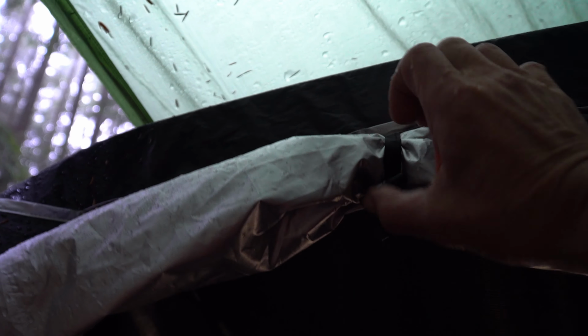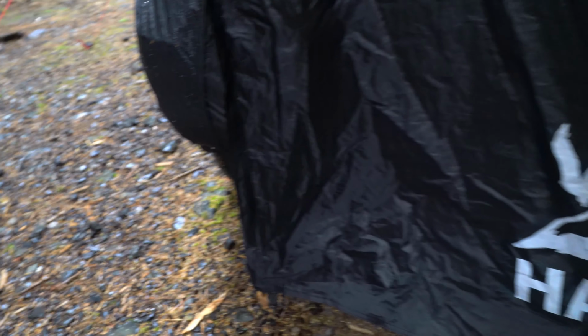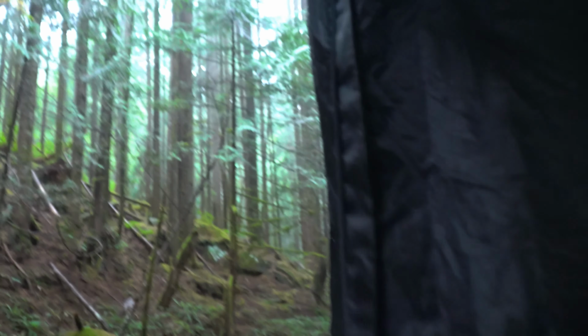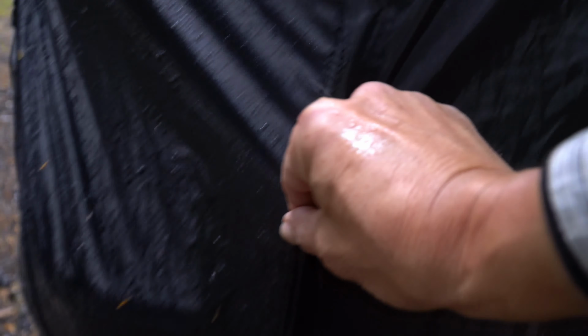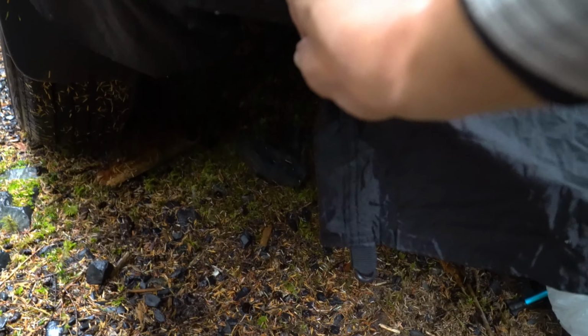Same with the main tent cover. And it does fit. Get the chair out of the way here. Just start to get a little tight there. You can force it, and again, it will fit. Just, it won't seal all the way,